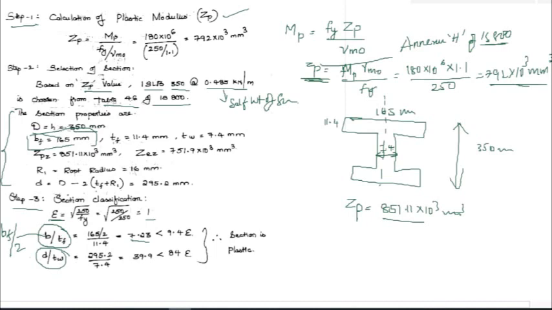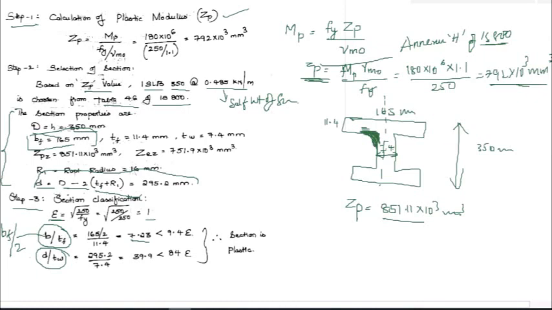d is nothing but, see here. So what is small d? Small d is nothing but capital D, overall depth, minus 2 times the thickness of the flange plus root radius. So I told you in the last class that at the junction of this flange and web, it is not going to be abrupt like this, but it is going to have a fillet here. You are going to have a fillet of certain radius. This is how a section is going to be.